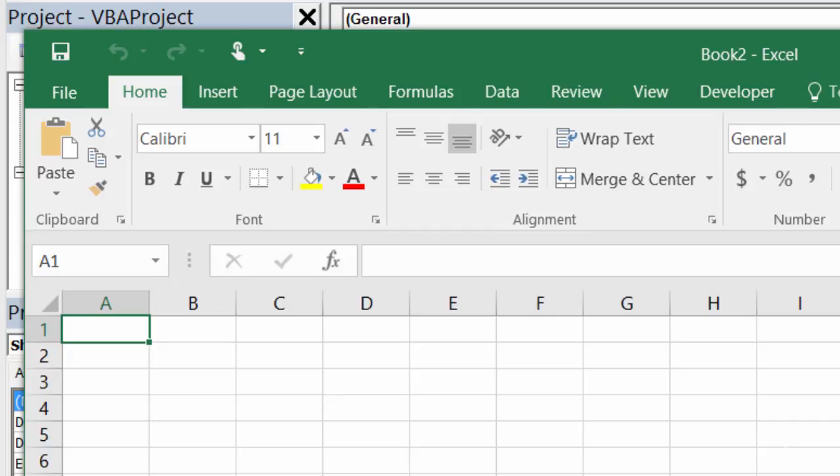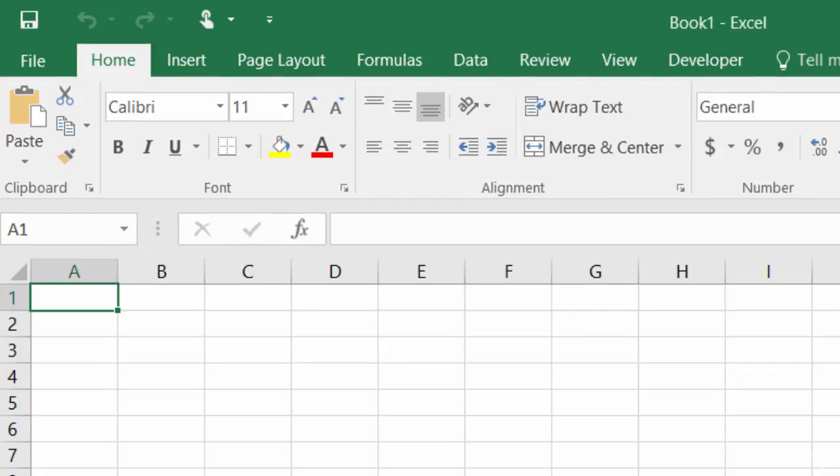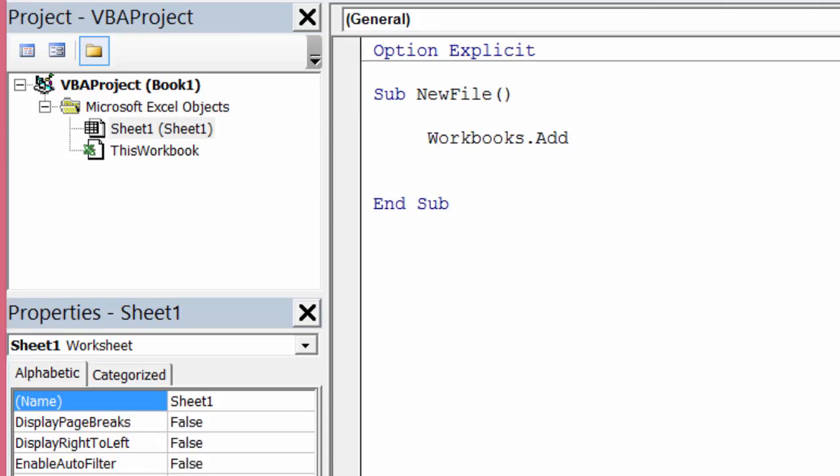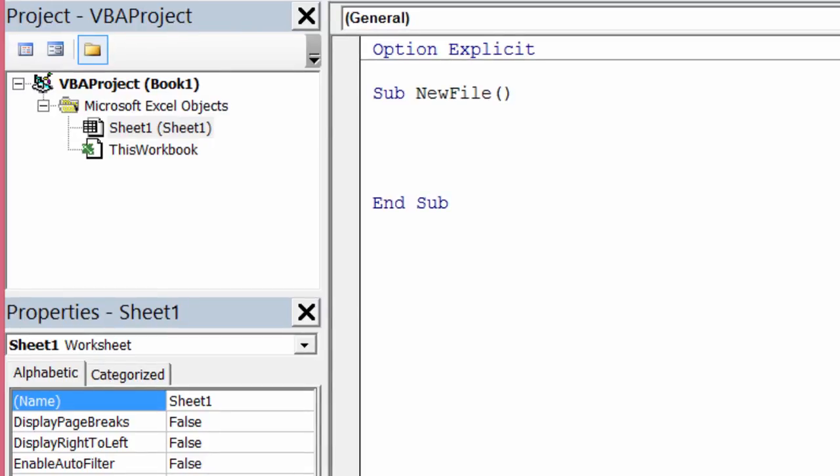So let me go ahead and close this, and head on back to Visual Basic. I'm just going to change this a little bit. I'll get rid of my Workbooks.Add just for a second. The first thing that I'm going to do is create an object variable called newWorkbook. So I will declare newWorkbook